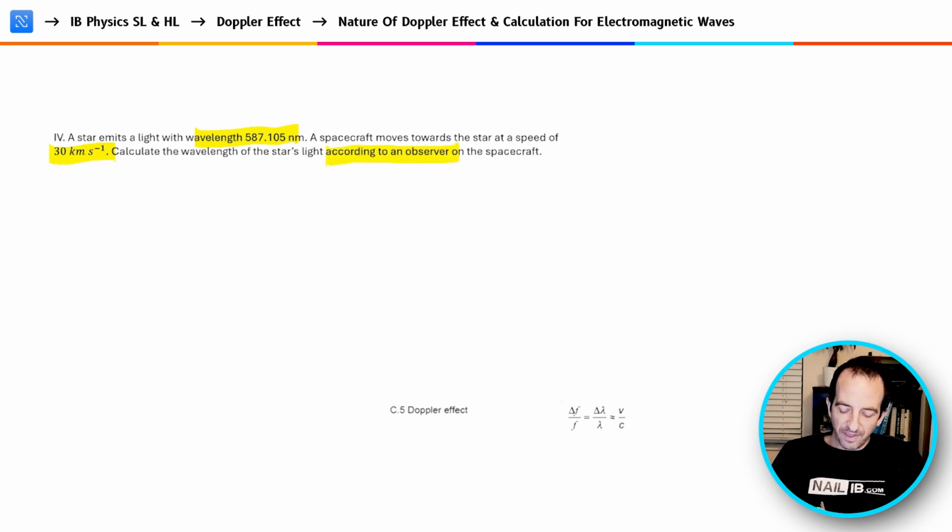We can figure that out if we figure out what delta lambda is equal to. Because I know what the wavelength is, if I can figure out delta lambda, we could adjust that wavelength to the observer's perspective. So delta lambda refers to the change in wavelength